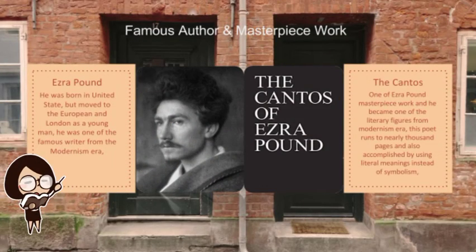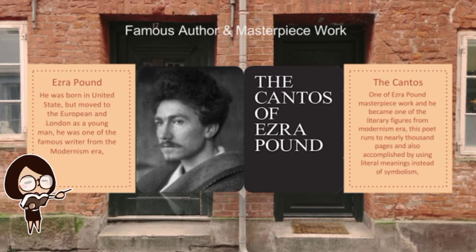And here there is a famous author and his masterpiece work. There is Ezra Pound, who was born in the United States but moved to Europe and London as a young man. He was one of the famous writers from the modernism era, who broke new ground in his writing with a style of making people visualize the scene to an extent in which they believe that they were there. And here is his masterpiece work, which is